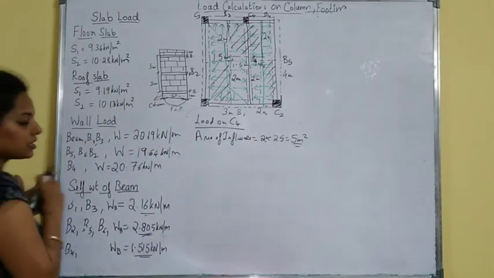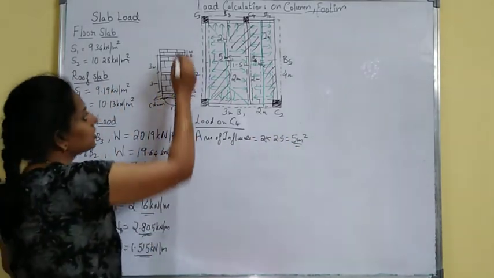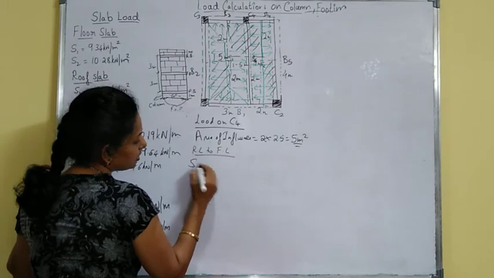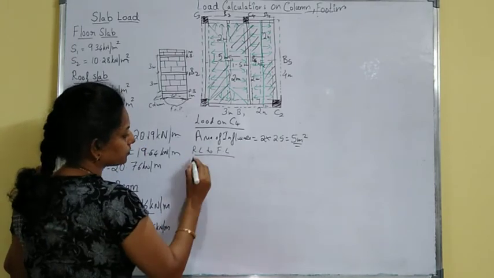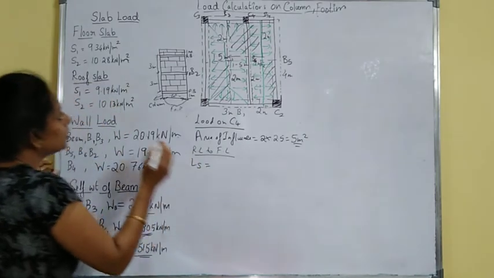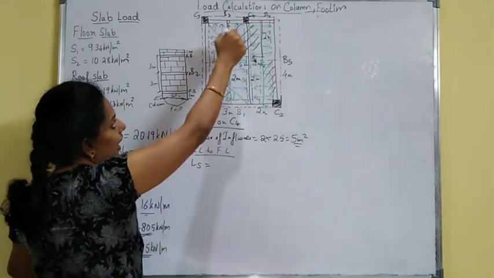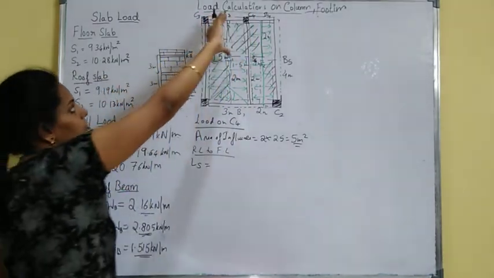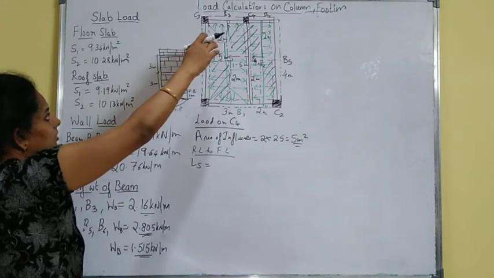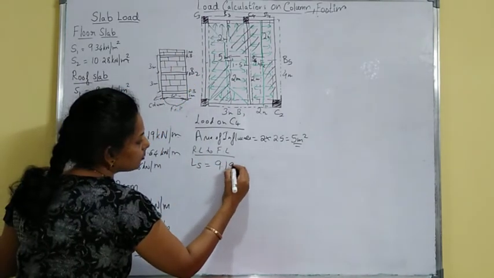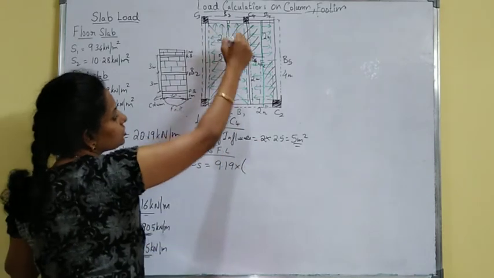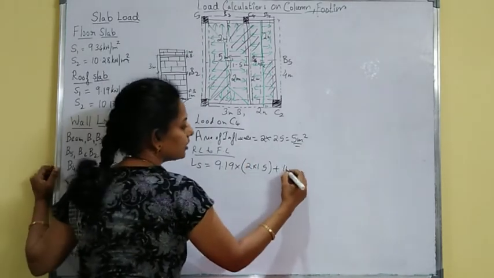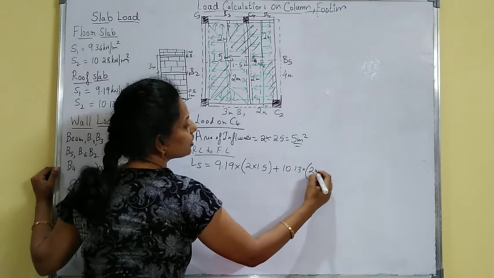Okay. Next, then calculation is similar. First roof level to floor level or first floor level. So first load from slab you have, that is roof. Here you have, see, 2 slab also coming on that beam. So you divide this half by half. So here you have how much? That is S1, that is 9.19. 9.19 into area of influence is 2 into 1.5 plus here 10.13, that is 2 into 1.